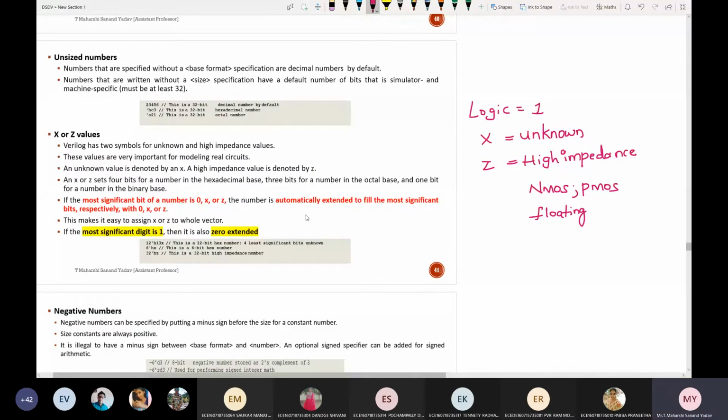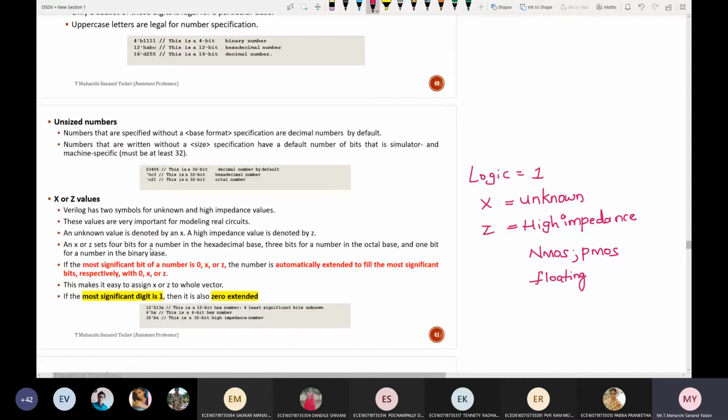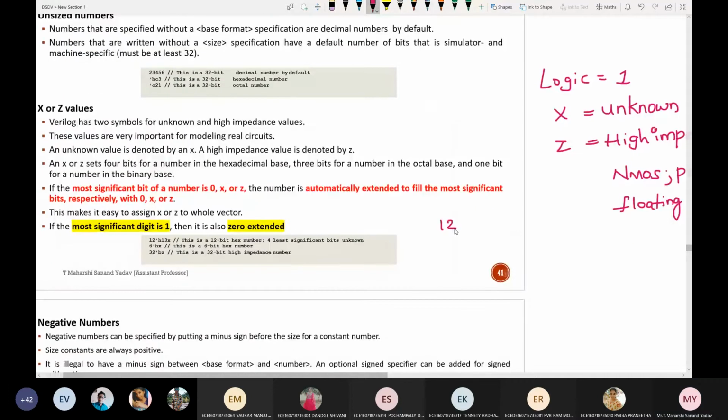So we have covered this point. Done. Next, you see this example now. 12'h13X. What does this mean? Is size matching? If I want to represent this hexa in terms of binary, what will you do? 4-bit binary. So equivalent for 1, it is 0001. What about 3? 0011. Then what about X? Do you know the value of X? No. So simply it is extended like this.